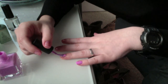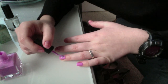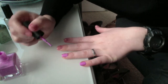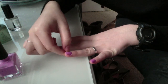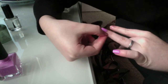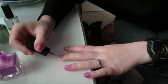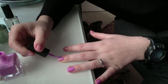And just try to reduce your swipes to 3. One in the middle, one on this side, and one on the other side. Like that. Okay? It's almost impossible for me to do 3 because of how crazy I am about my nails. So I'm taking more, one in the middle, one on the side,